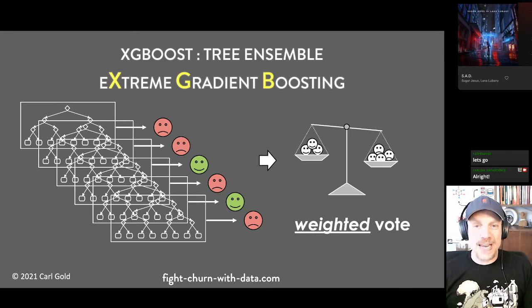And then the third tree will be created to correct the errors of the first two. So each tree is added with a weight and also created to correct the errors of the earlier trees in the ensemble. And that is why XGBoost is such a powerful and accurate machine learning algorithm.